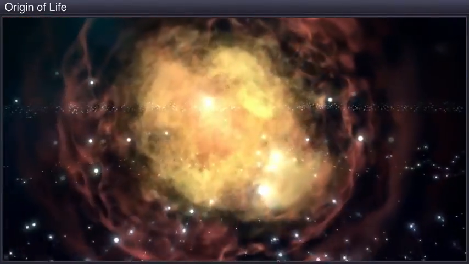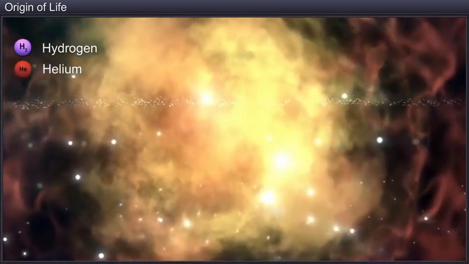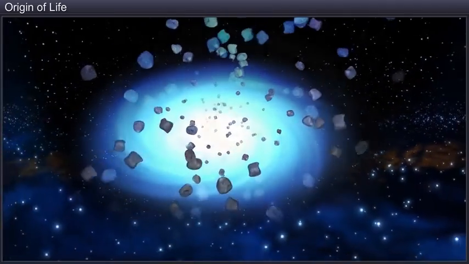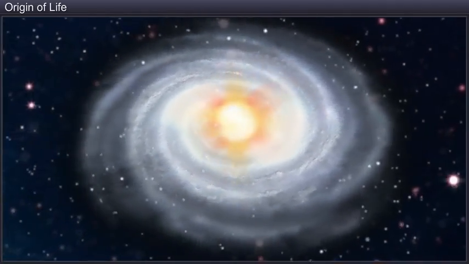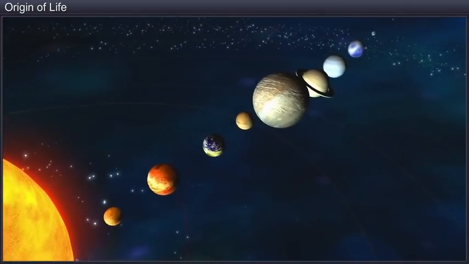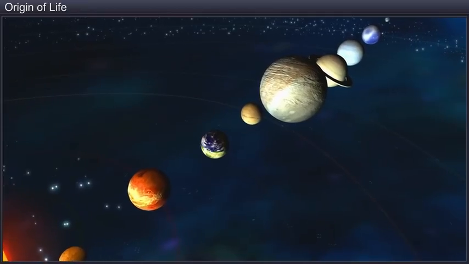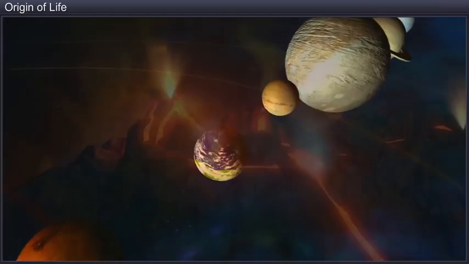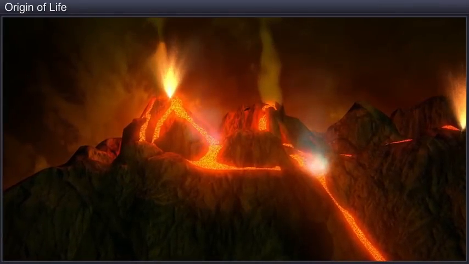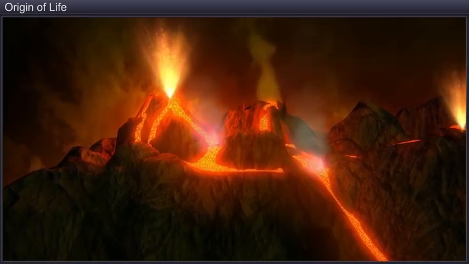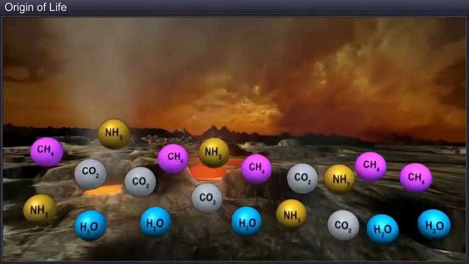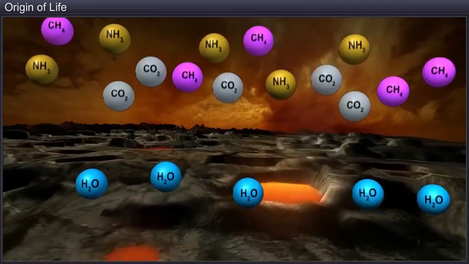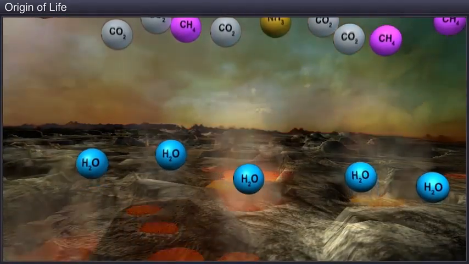After the passage of time, gases such as hydrogen and helium got formed. They condensed due to gravitation and gave rise to different galaxies in the universe. One of the galaxies known to us is the Milky Way, which contains the solar system, and the Earth is one of the planets in this system. At the time of its formation, there was no atmosphere on the Earth. Its surface was covered by water vapor, methane, carbon dioxide, and ammonia released from the molten mass.